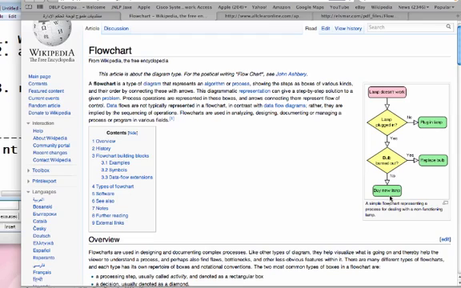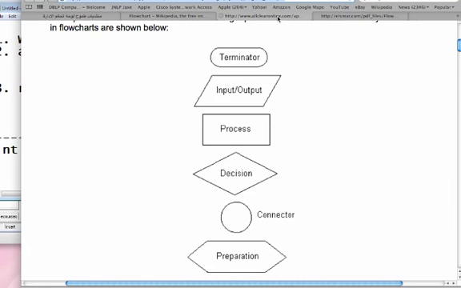Then input and output are used with this shape here. Squares are for processes, and these diamond shapes are for decisions. Circles are for connectors. If you have a long flowchart, you can hook one and just continue on a following